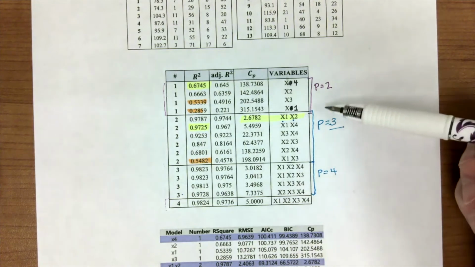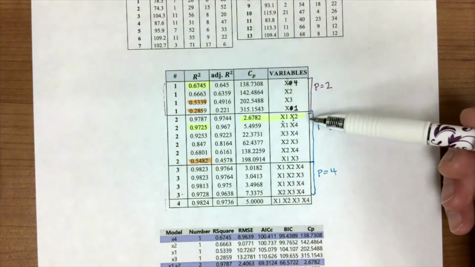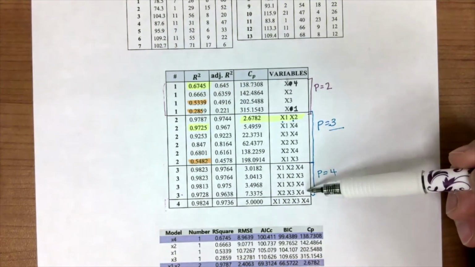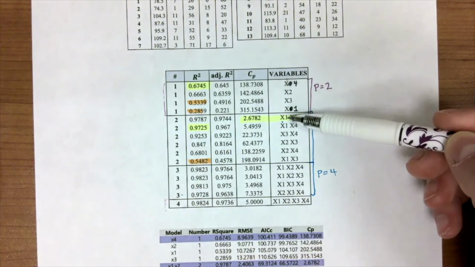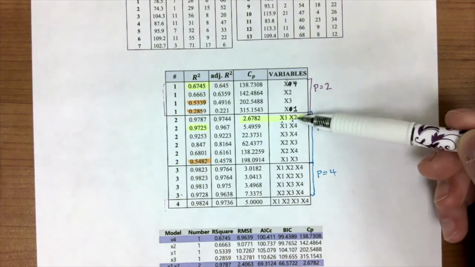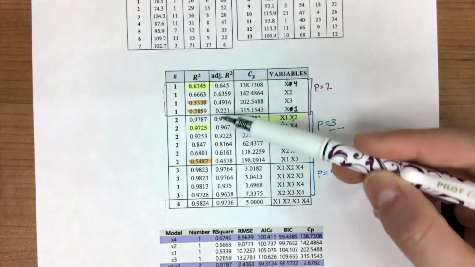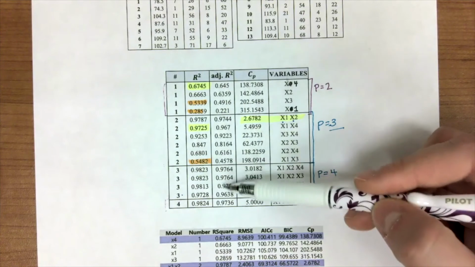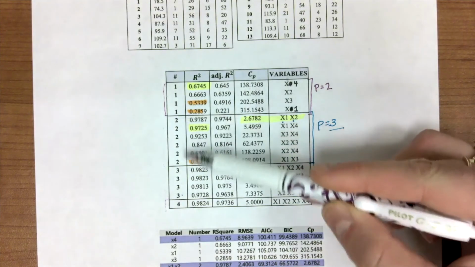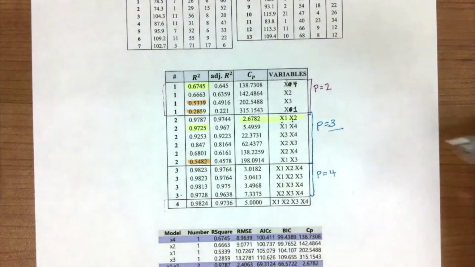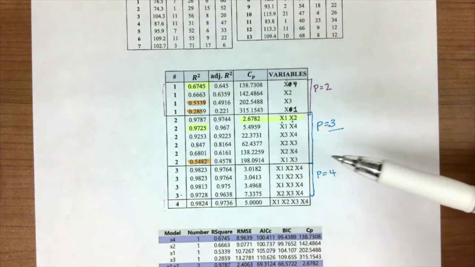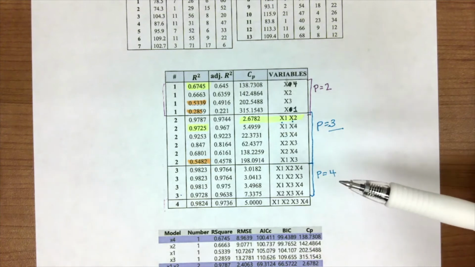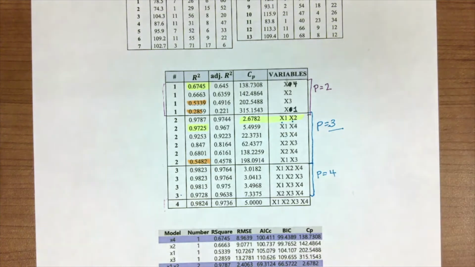Now, when we're looking at the models with 2 variables or 3 variables, we can see that the model with X1 and X2 in it is our best here. But when we also look at our adjusted R squareds and our R squareds, moving from 2 variables to 3, they're not increasing much. And also, there really isn't much difference in the Mallows CP and it getting closer to p equals 4. So what I would do probably at this point